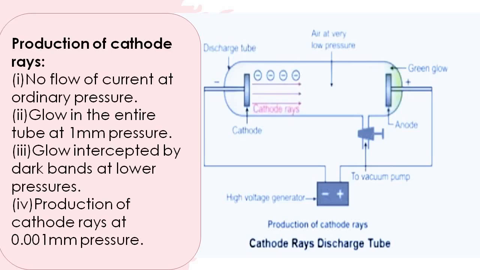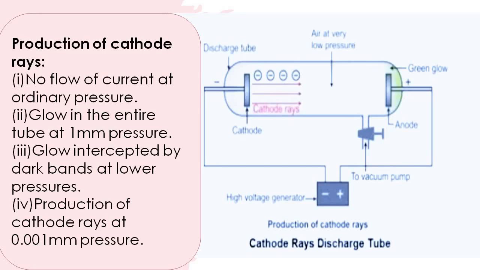This is discharge tube. A discharge tube is a long glass tube closed at both ends. Two circular plates are sealed at the two ends of the tube. These plates are called electrodes. A side tube is also fused to the tube which can be connected to the vacuum pump to suck out the air or gas present inside the tube to reduce pressure inside the tube.